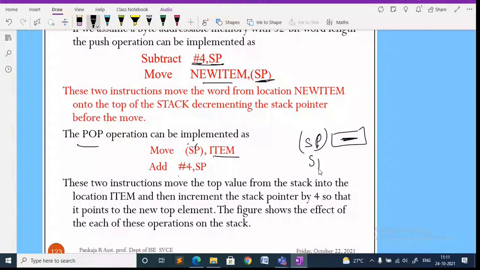So now the meaning of this is you are removing the top element and freeing this part of the memory so that you forget it. So just go through these two codes. If you have any doubts, you can ask me immediately.